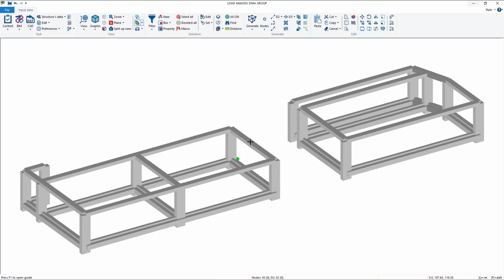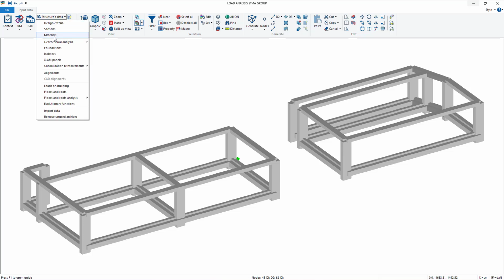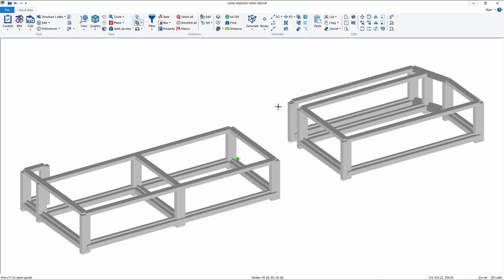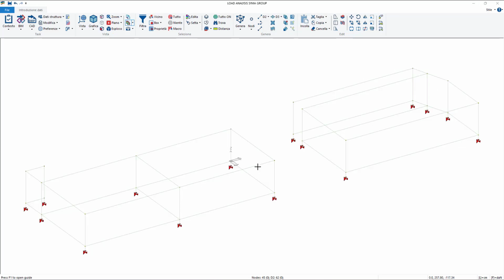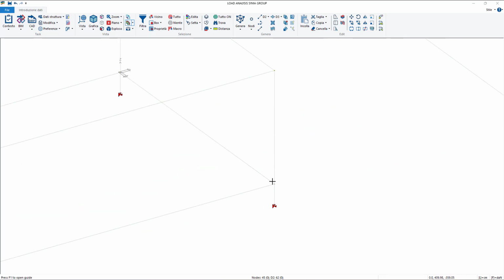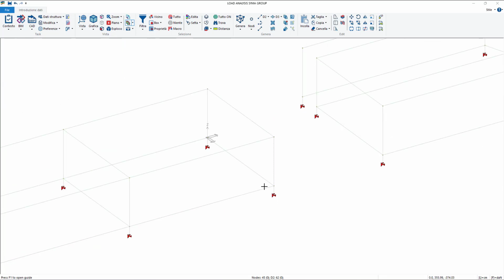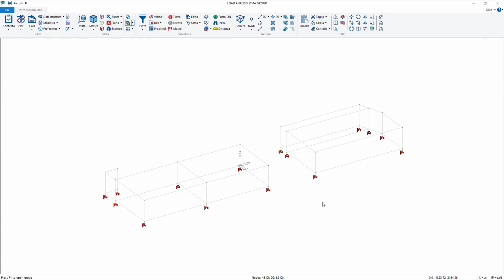Okay, so now you should have the material archive correct, and we can go on with the description of the ground. From there, we are going to move to geotechnical analysis. First of all, to perform geotechnical analysis, we need to have foundation elements in our model and not boundaries on nodes. So we are going to delete these nodes and these link elements between nodes and quote 0. So how to do that?